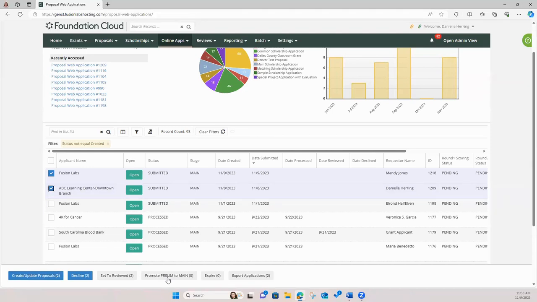So for a multi-stage application, first, the applicant would come into the portal and fill out their preliminary pages. And then if you decide to promote that applicant and ask them to come in and fill out the pages for the main stage, you would use this. It changes the application from prelim to main, and it changes the status from submitted back to created. In the portal, the applicant will see the preliminary pages as read-only, and they can edit and submit the standard